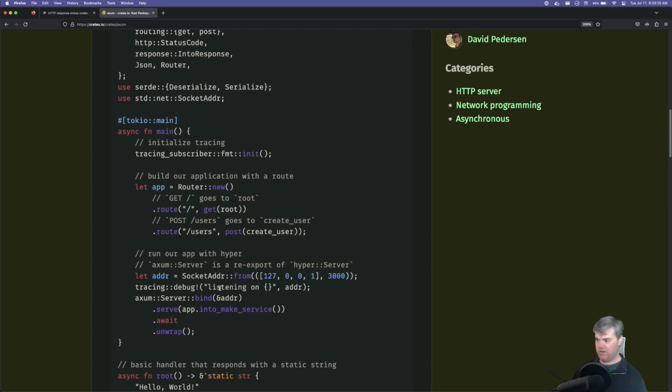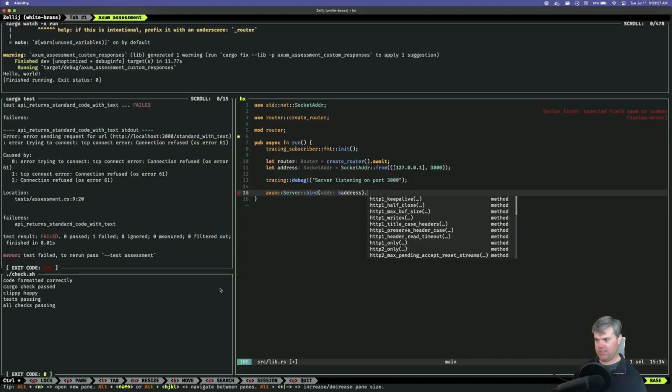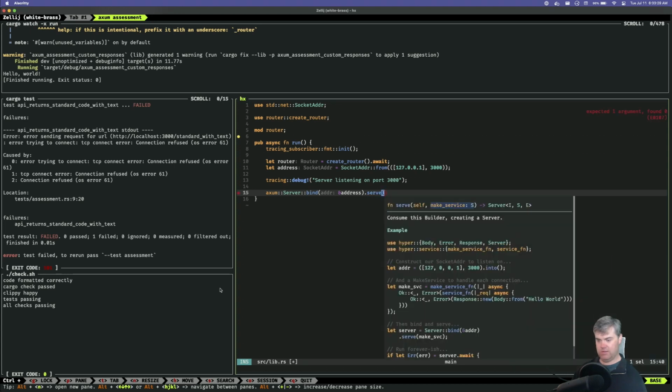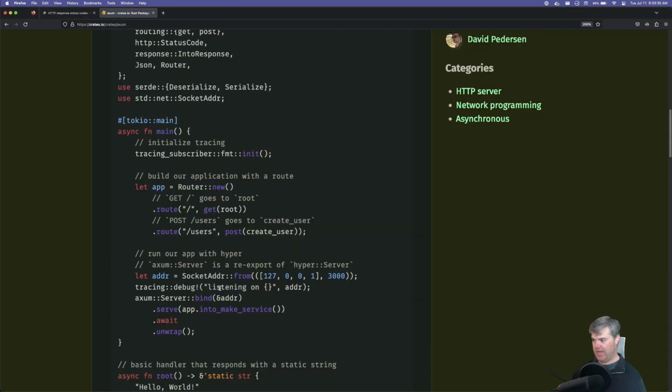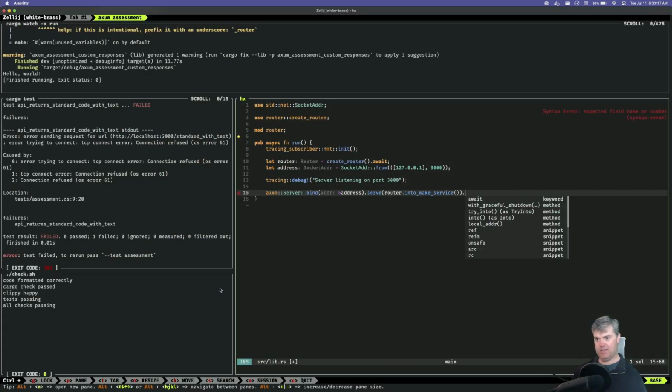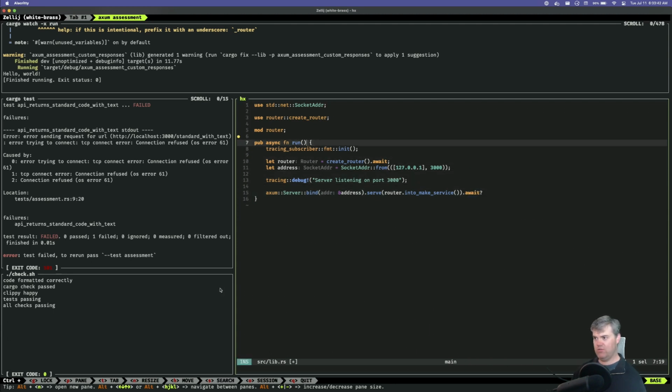Right, then at serve, we pass in the router into make service. And then we can await. And we want to question mark that, which means you do need to have a result.